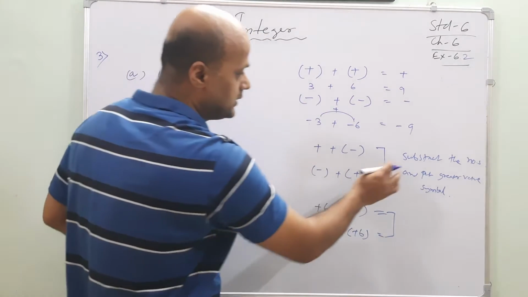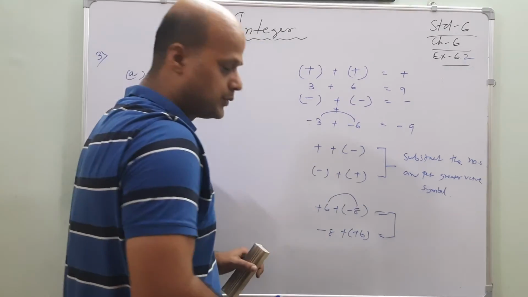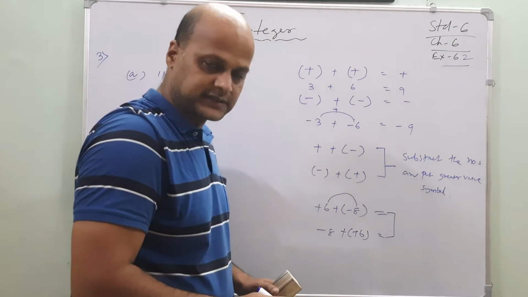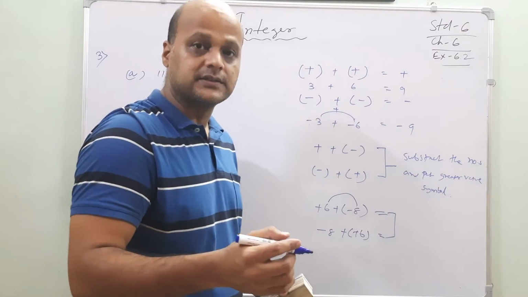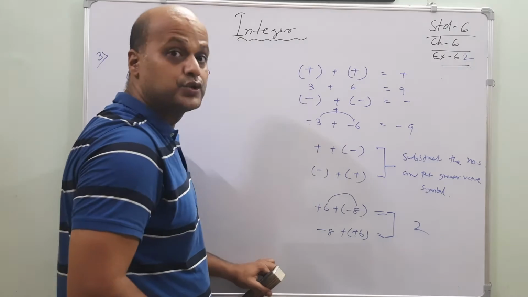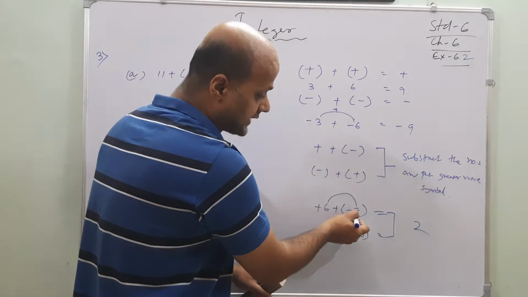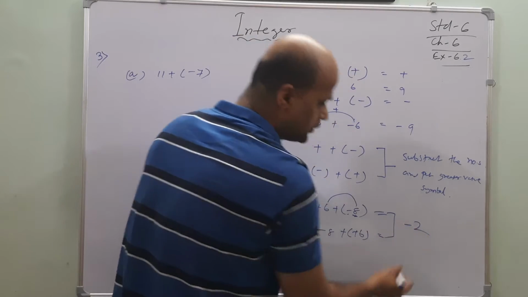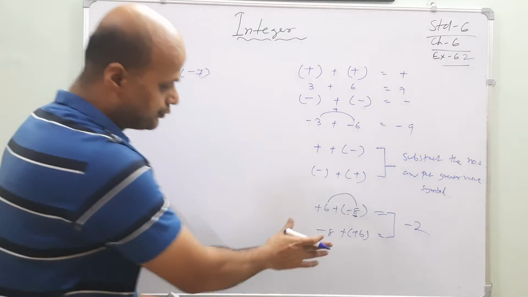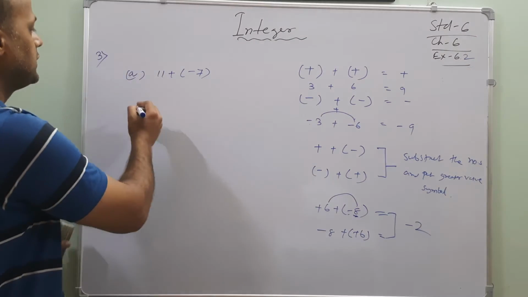What are they? Subtract the number. Subtract number means which one is bigger? 8 is bigger or 6 is bigger? Yes, 8 is bigger. 8 minus 6, how much? 2 is coming. Now in between these two, which one is greater? 8 is greater. What is the sign of 8? Minus. Put it minus. Understood? For these two, the same answer is there. Okay? So let's go for it.